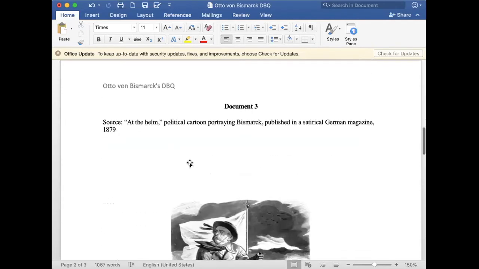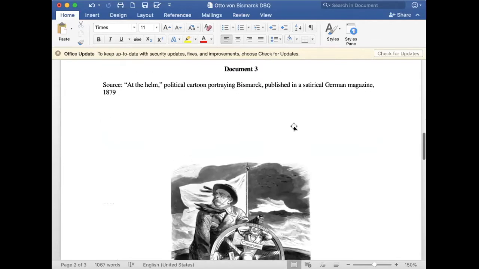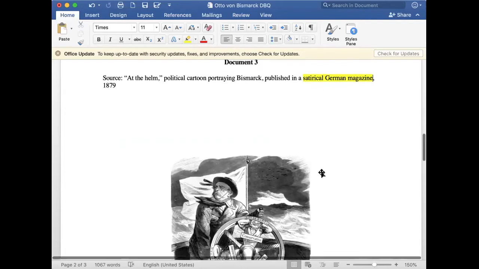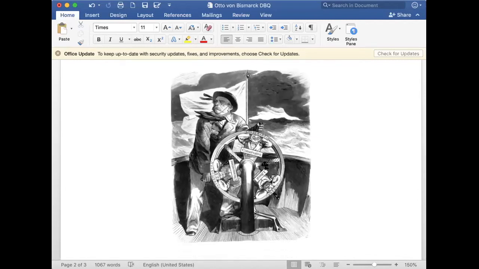Document 3. So document 3, we have this political cartoon. Something that really stands out to me is this in the source. It's a satirical German magazine, and we all know what satire is, hopefully, right? Satire is an exaggeration of the truth to make fun of something or shed a different humorous light on something that wasn't supposed to be funny. So it's a satirical German magazine, and here we have this Otto von Bismarck, and he is